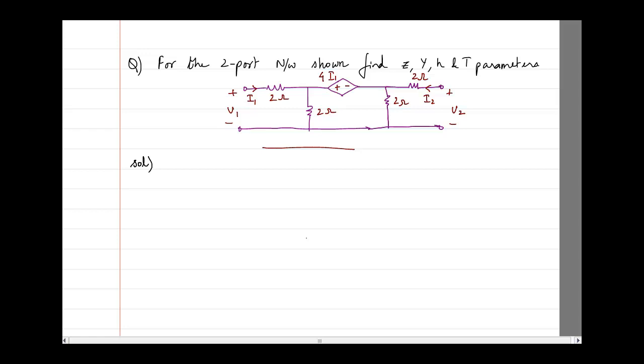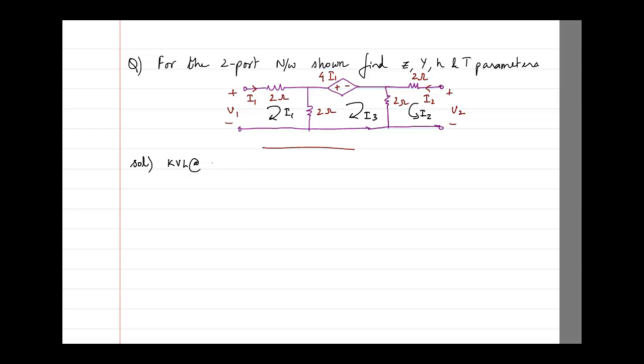So here we have a problem that for this two port network we have to find all the four parameters Z, Y, H and T. So now will we solve this the same port for 4 times? No. We'll only solve Z, and from the shortcut we will find out what is Y, H and T. Okay, so let us start. So we'll say KVL. So first I have to write the currents. This is I1, this is going to be I2, and this one will be I3. Correct?